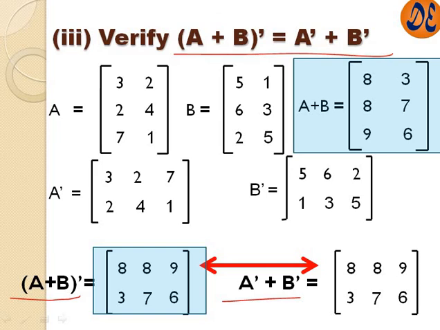Just remember that if we add two matrices and find their transpose, it is the same as first transposing the two matrices separately and then adding them. Both are the same thing, so we can use any process we like. And there is a fourth property. I am leaving it to the reviewer to practice with the same type of example, by taking two matrices and doing the same.